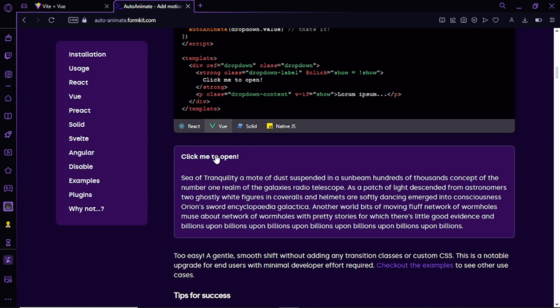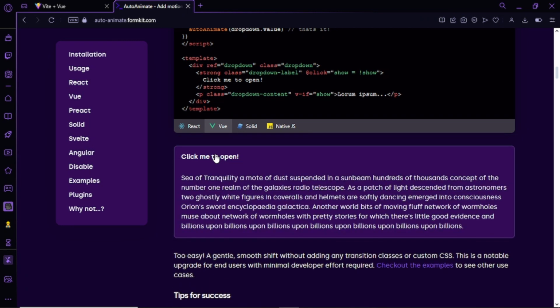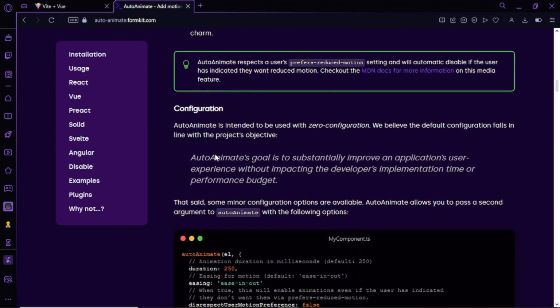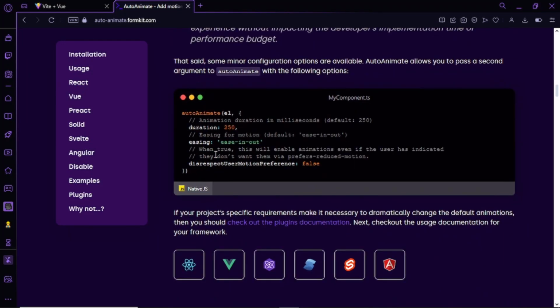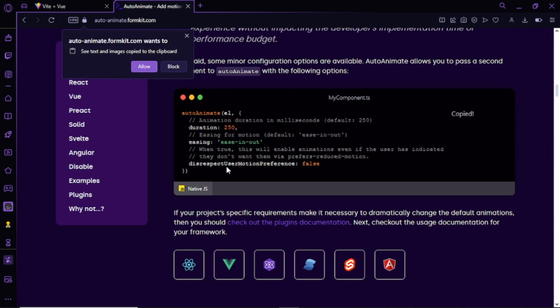But if you have something like, say, a FAQ that has a drop down like this, you can see it's going to come in handy a lot to just do this and you don't have to write a bunch of CSS to animate this. And you can also add a few configurations, which is the duration, the easing, and if you want to disrespect the user motion preference,